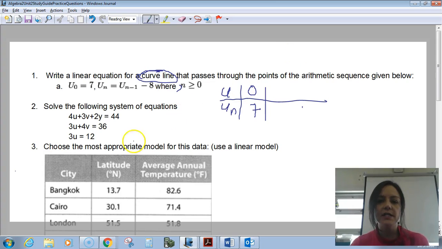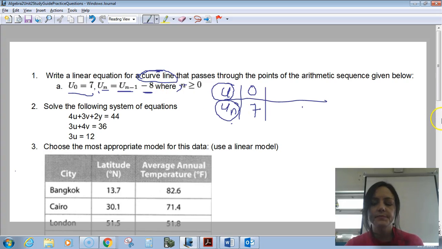So I've kind of already started a table where we have our u value and our u sub n value, which is the outputs, our input and our output. So the first one, if I input 0, our output is 7. That's from right here. Our first term is 7, right? And then it says what's happening every time. In order to get the next number, I take the previous number and I subtract 8, right? So in order to get the next number, it would be 1, and I subtract 8,